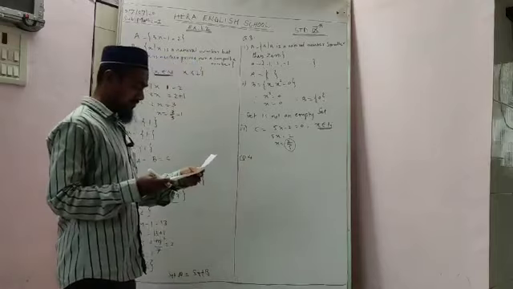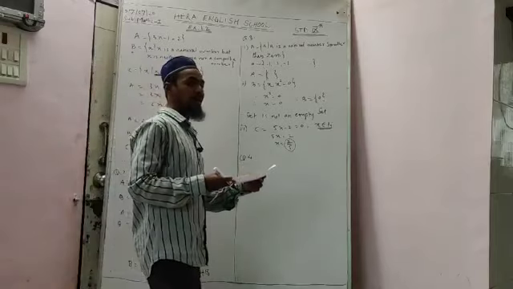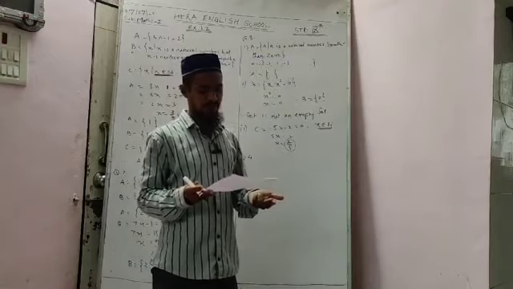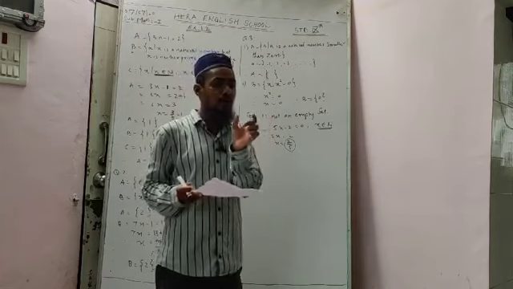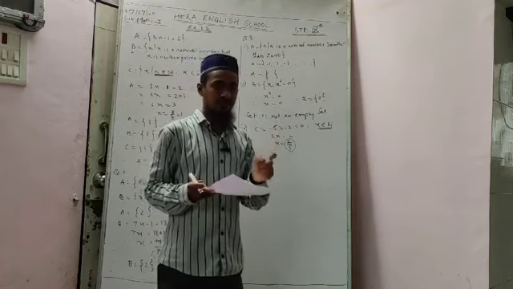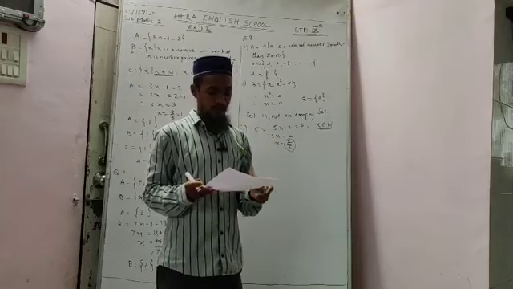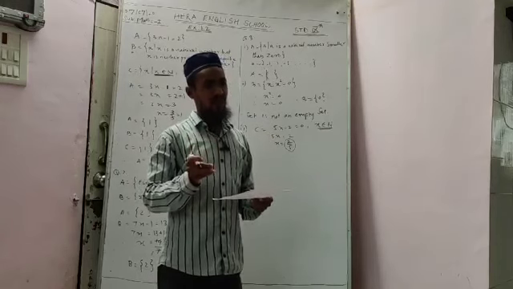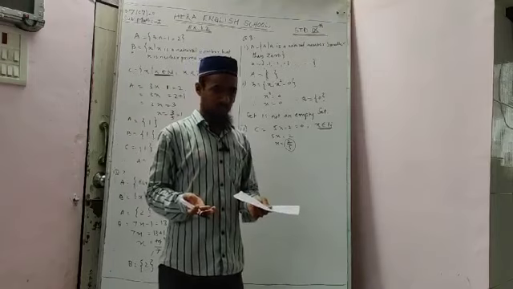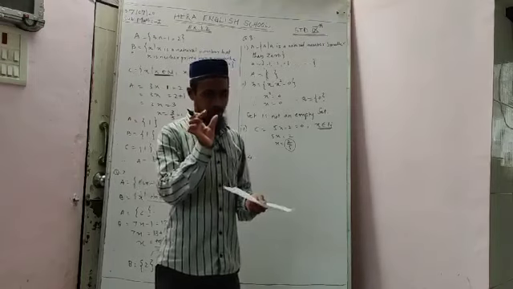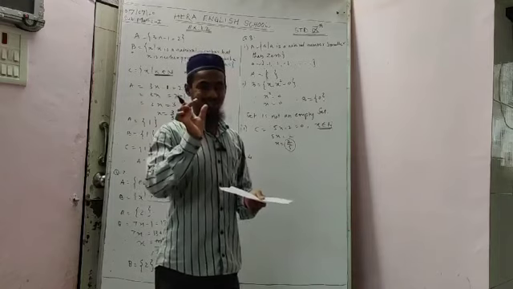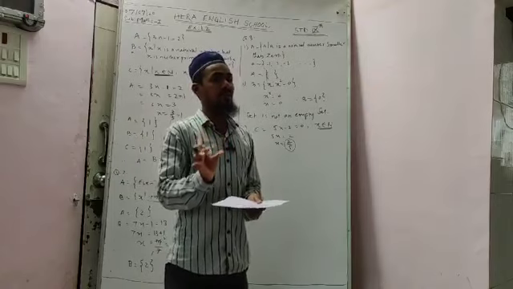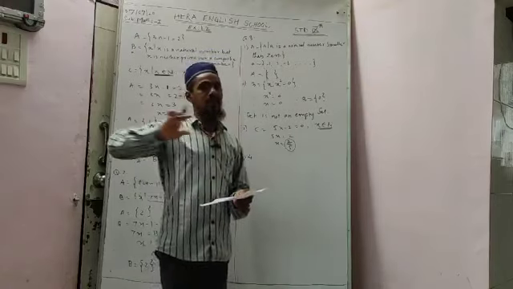Now question number 4, write with reason which of the following sets are finite or infinite. Now listen very well, I am giving you a simple definition of finite. The set which has a limit, or we can say particular numbers, whatever quantity you are given, we can count easily. The numbers belonging to the set have limits and we can easily count them. So we can say the sets are finite.